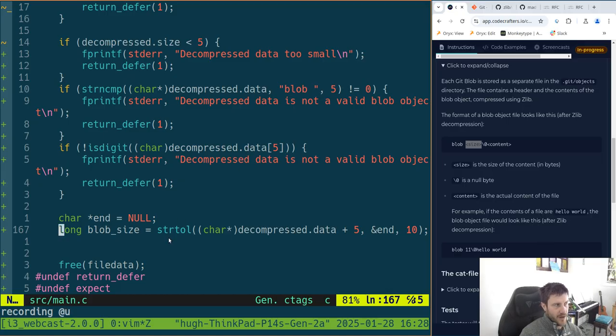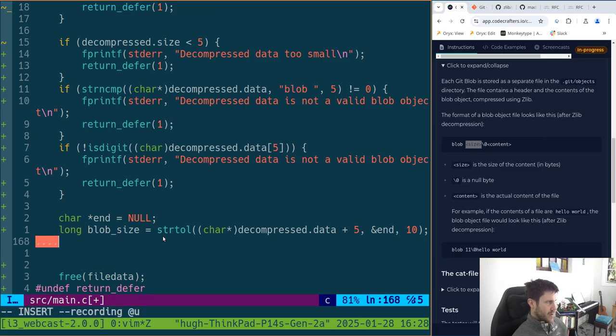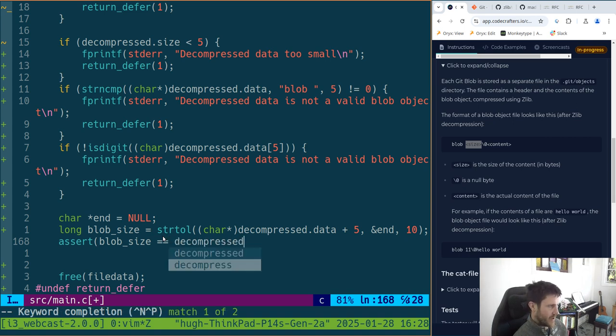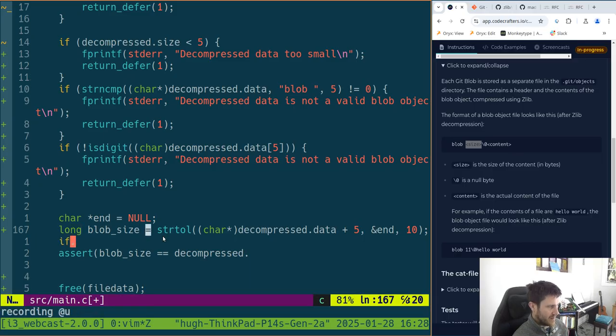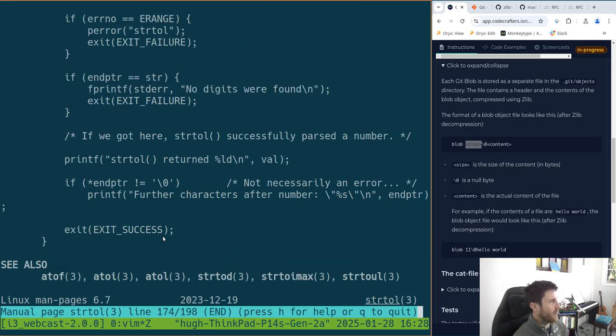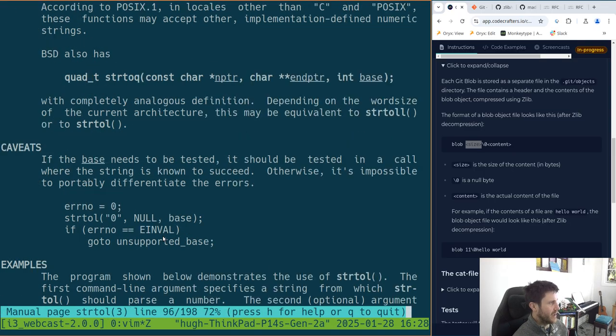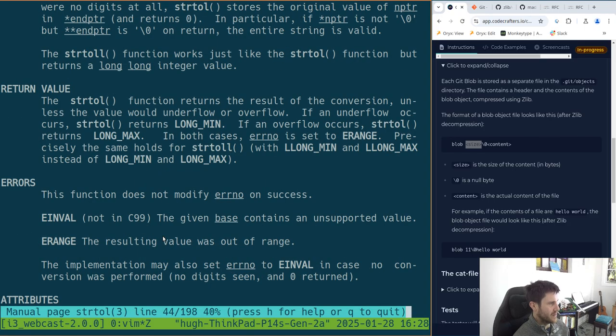But I guess what I should do is maybe assert that blob size equals decompressed dot. This is an error if, what were the error cases? Error cases were if